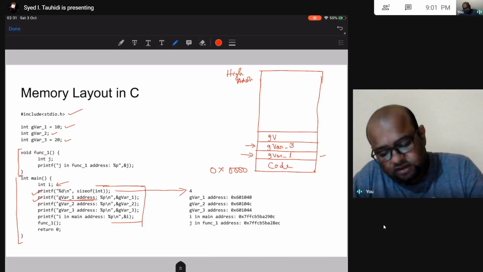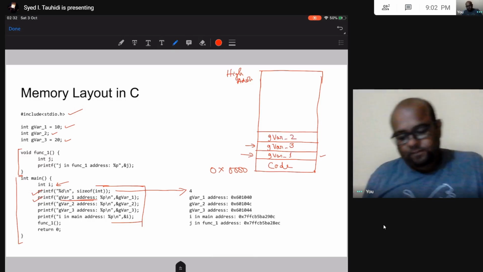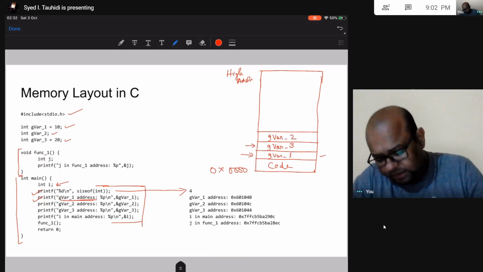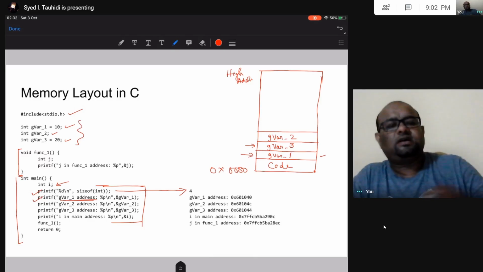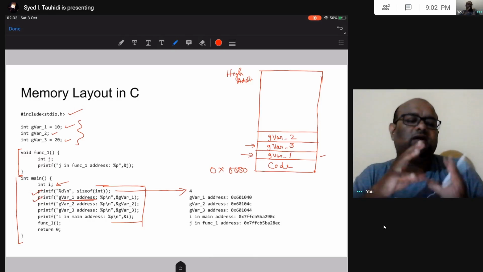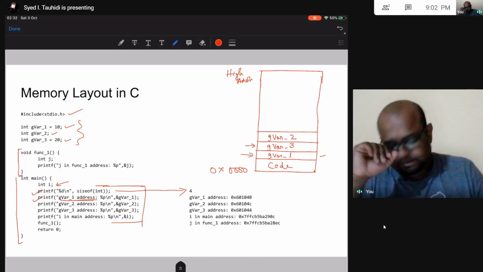So global variable 2 is then going to be allocated space in my memory. Alright. So done. These three are allocated space in my data segment. This uninitialized global variable and initialized global variables, these two together form the data segment, okay, above the code segment.